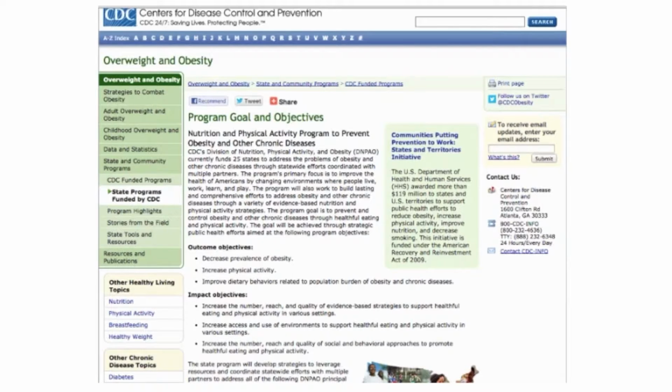Here we will review some examples of objectives that cross the spectrum from objectives that are well designed but not entirely specific to those that are very specific. A good objective should follow this SMART framework. It should be specific, it should be measurable, it should be achievable, it should be realistic, and it should be